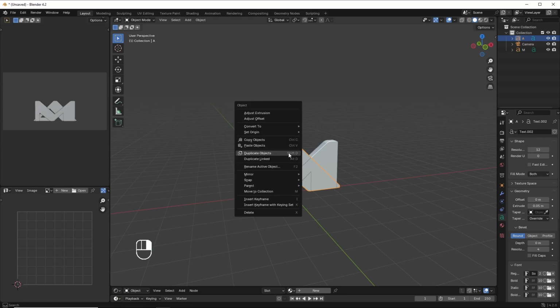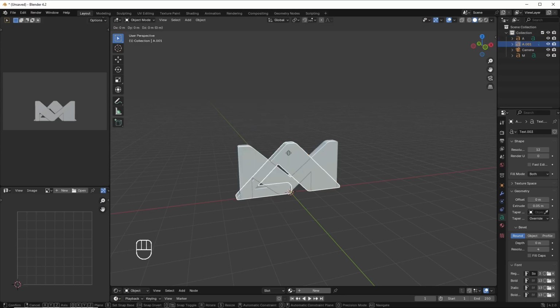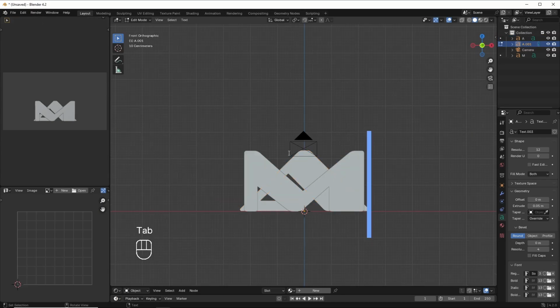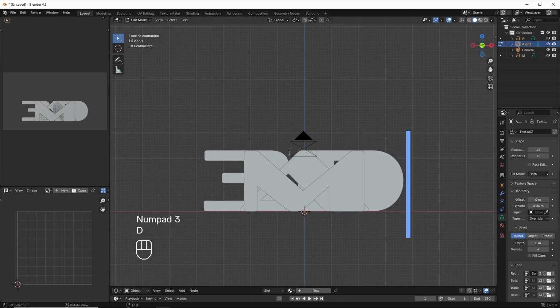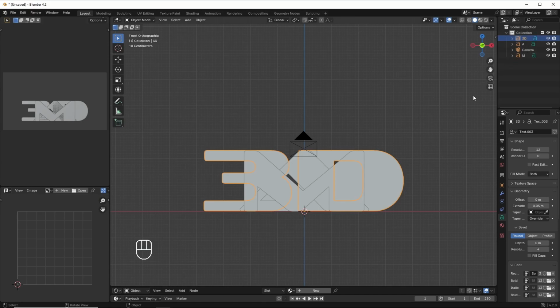Now right click, duplicate, hit Tab, D. Hit Tab to close. This one, 3D. Okay, now